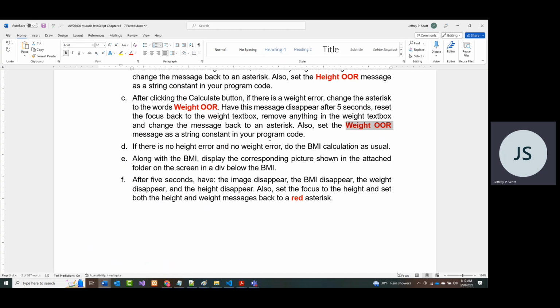Along with the BMI, then display the corresponding picture shown in the attached folder. So either underweight, optimal weight, overweight, or obese. Finally, after 5 seconds, have all that stuff disappear. And also, I didn't put it in here, but it should make sense. And that is the,